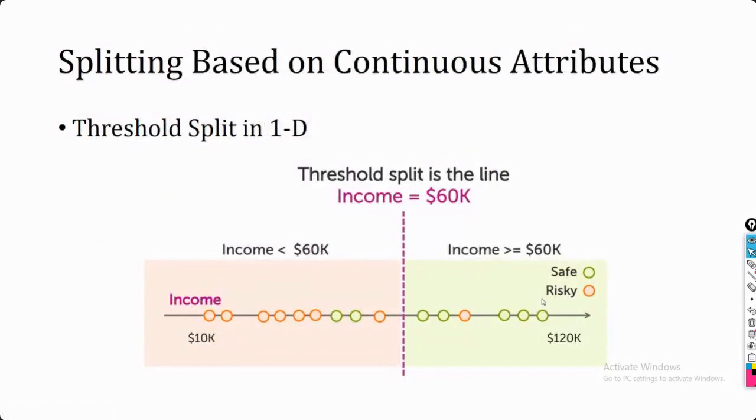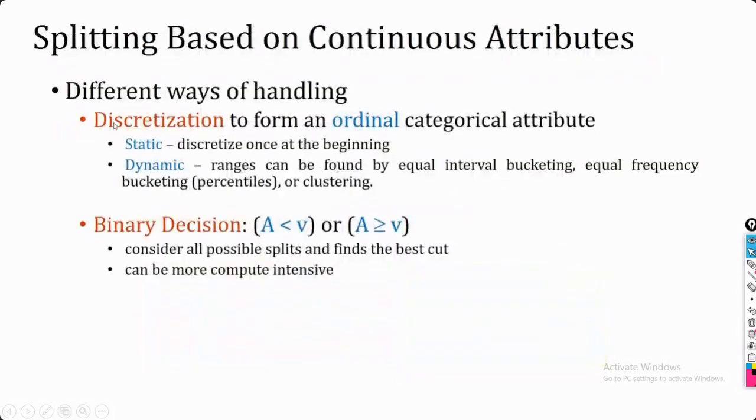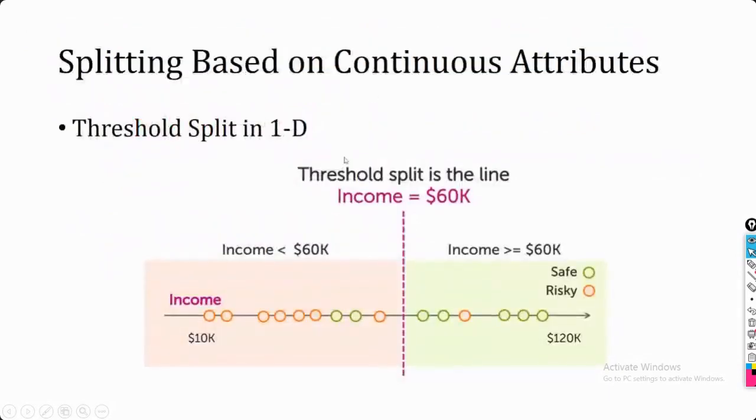Okay, so this is just to explain, to cover this, how we are going to divide it when it is a continuous attribute. Suppose it is income; based upon the income only I'm going to divide it. So here I have drawn this line. Whatever instances are less than 30 will be part of this side, and whatever instances are greater than 30 will be part of this side.